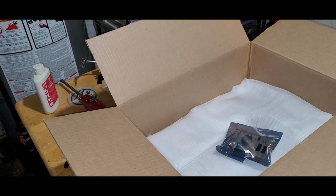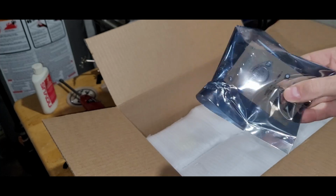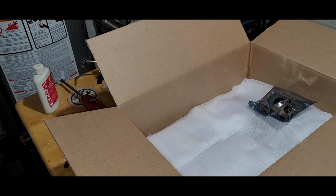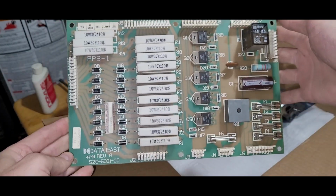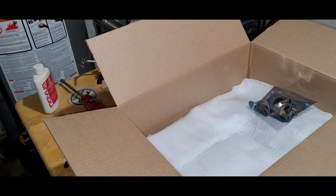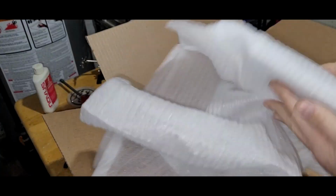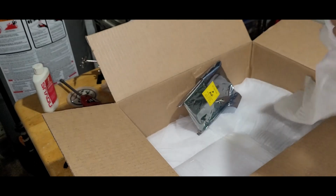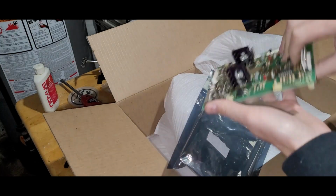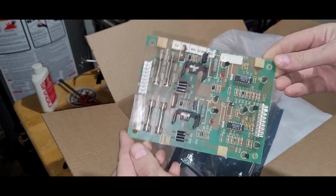And also, there was a pop bumper board that had a transistor go bad on him. So I traded him for a good one, and then had Brent service this, which he said, I think the transistor was in fact bad. So there's that. And here is this board. He didn't get into too much detail. Usually he sends me a list of everything he did, but since this was kind of just a trade thing, he didn't really give me the full rundown of every single component and every single thing that he did. But he says he didn't have a way to test the Fliptronics board, but he did test the components. Like he doesn't have a Data East machine on hand to...